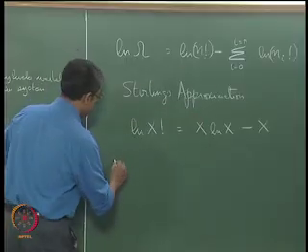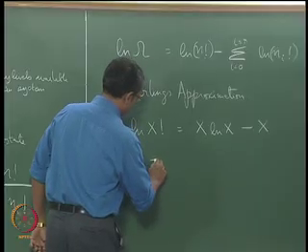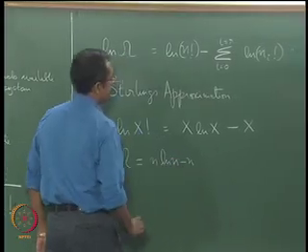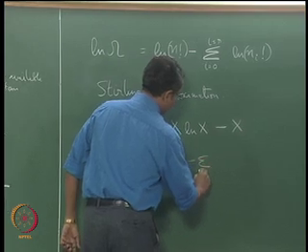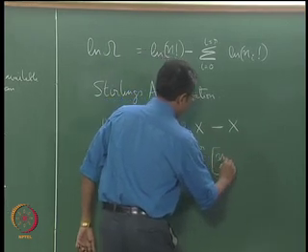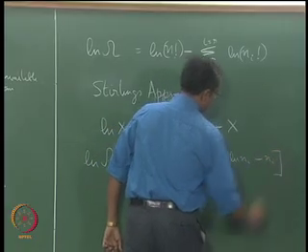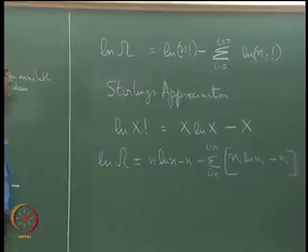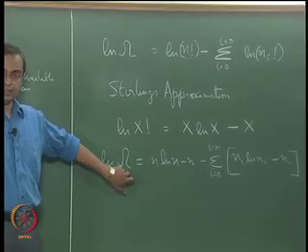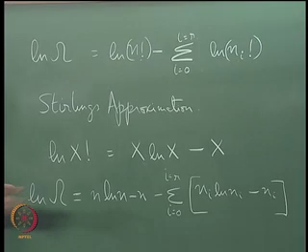So therefore ln omega is now n ln n minus n minus sigma I equal to 0 to I equal to r of ni ln ni minus ni. Okay. So this is the formula we have. Now we want to maximize this, right. So essentially we would like to do del ln omega by del ni is effectively what we want to do,